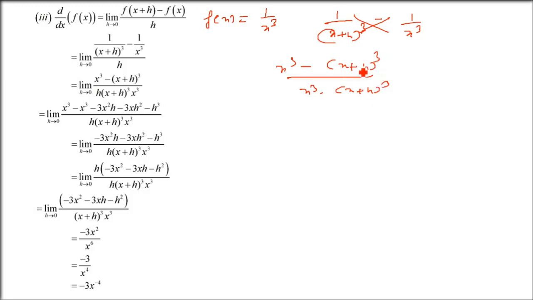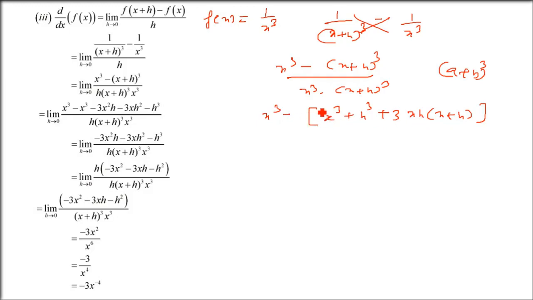Now we are going to use a cube minus b cube. What is a cube minus b cube? You have to use this formula. Either you can use the a cube minus b cube formula, or you can open it directly. We'll see one question where we open it using the formula. Here I am just opening (x plus h) whole cube. That is a cube plus b cube plus 3ab(a plus b), but it would have been (a plus b) whole cube.